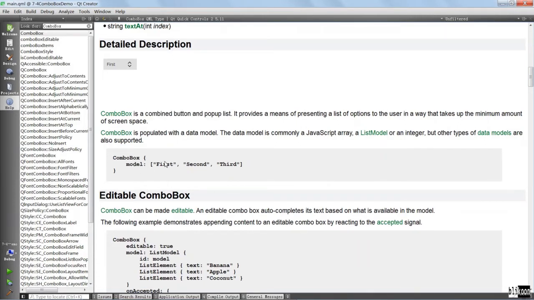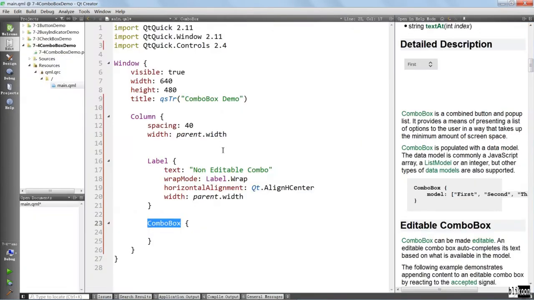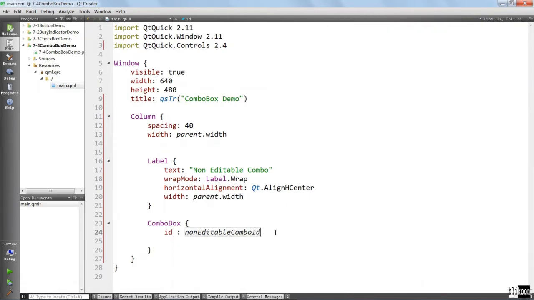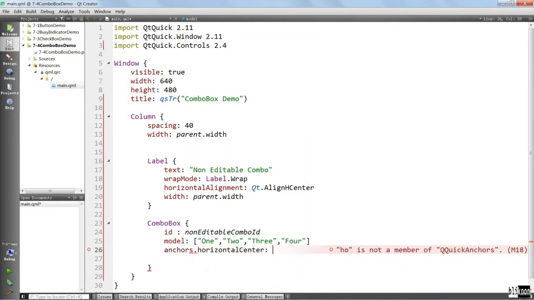The model property allows you to give it a list of things that it can show, and we are going to use this in a moment. Let's give it an ID. Okay, this is the ID we want. Let's close this. We want to give it the data to show using the model property. We put this in an array, so let's say 1, 2, this should do. We want it to be in the center horizontally too, so we can say anchors horizontal center